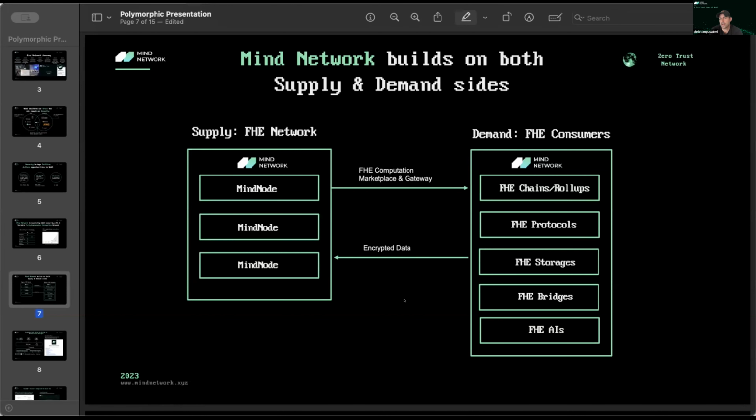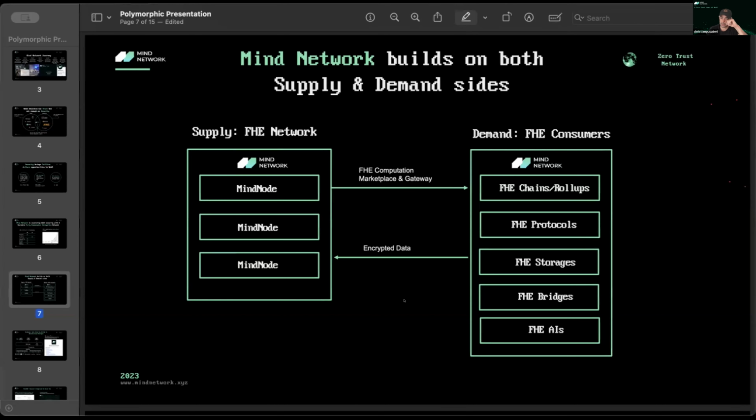And then FHE for AI. Like we talked about earlier, with the training of algorithms, you're scraping public data. The issue there is that data lives on somebody else's server and it's not encrypted. So if we can encrypt that data and still allow for processing, I think that's the best world for all parties involved, especially those who are contributing their data to train the algorithms. So this is a little bit of what we're doing on the demand side.